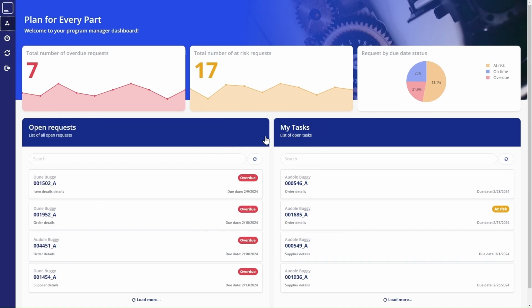Let's look at what the dashboard offers to the program manager to govern the large bill of material. The dashboard shows key indicators such as the total number of overdue requests. It also includes all open requests for the relevant programs and the tasks for the program manager himself. Using the dashboard view, the program manager can quickly see how many items are overdue, at risk, and can drill